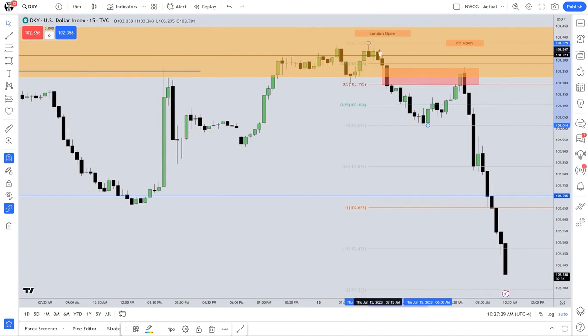Consequent encroachment. It showed the signature that we would look for. It left the upper portion untraded to, again, worked off the low of that gap. If you don't have these levels on your chart, or have them at least annotated in your notes that you're referring to throughout the day. Now, in the beginning, you want to definitely have them in your chart because it's going to take you some time to get used